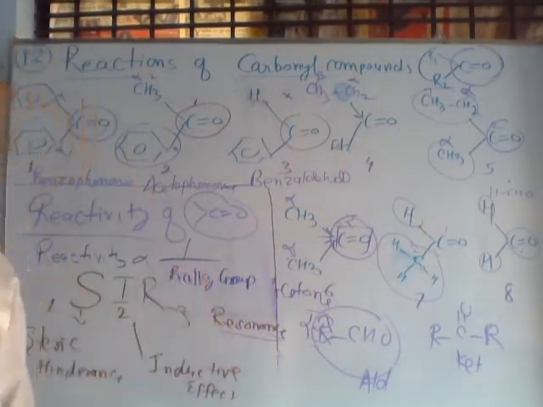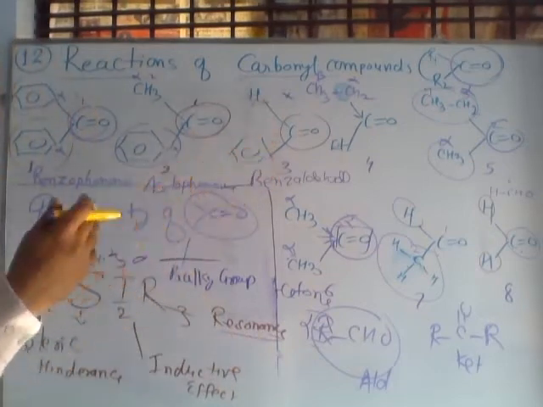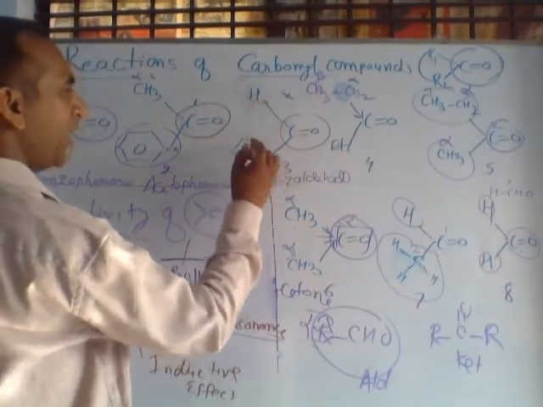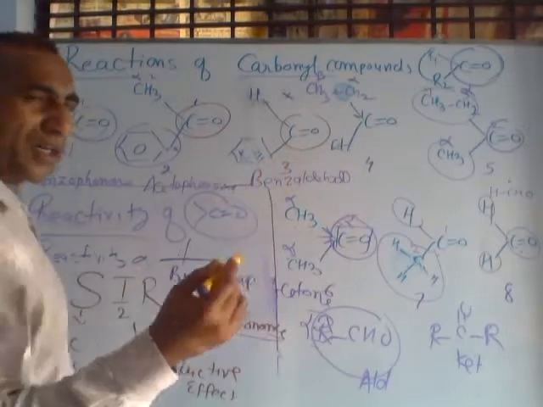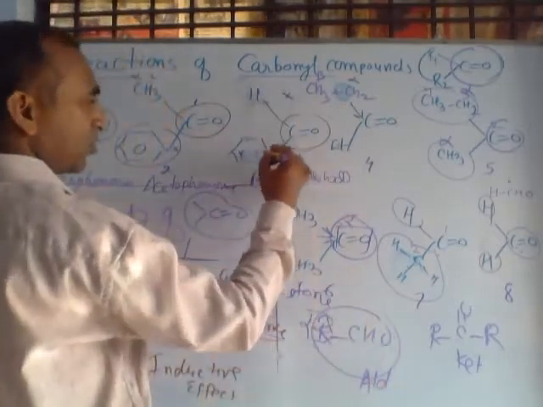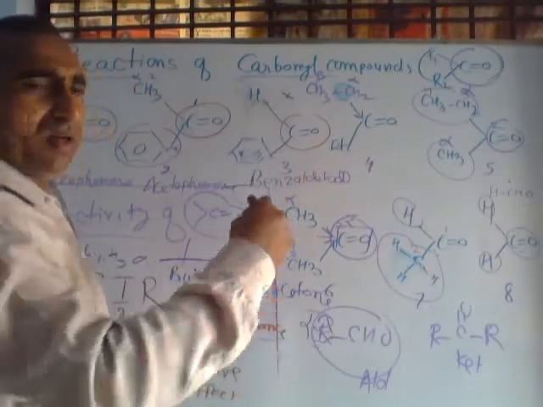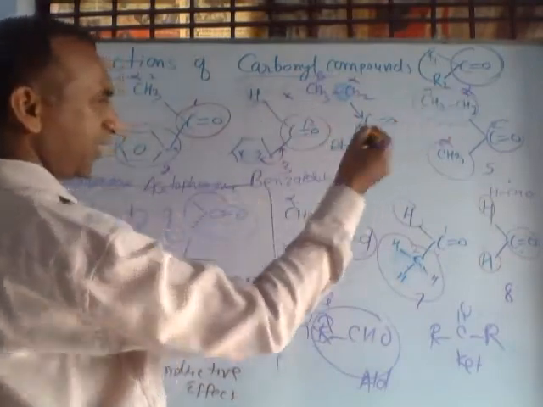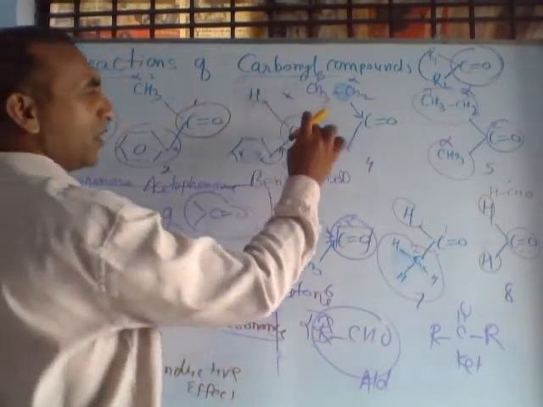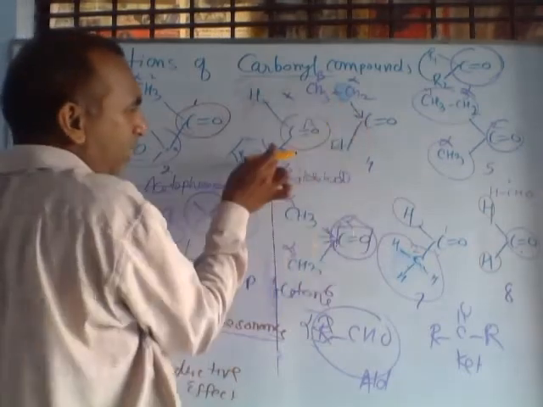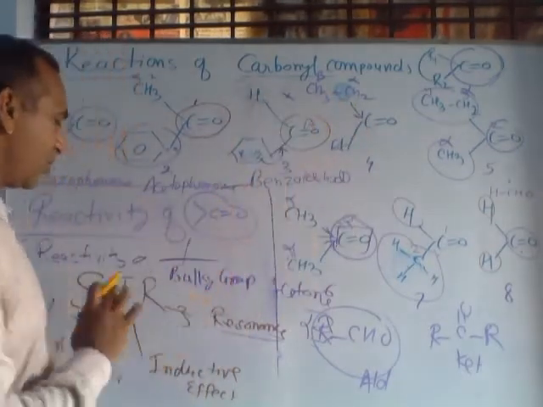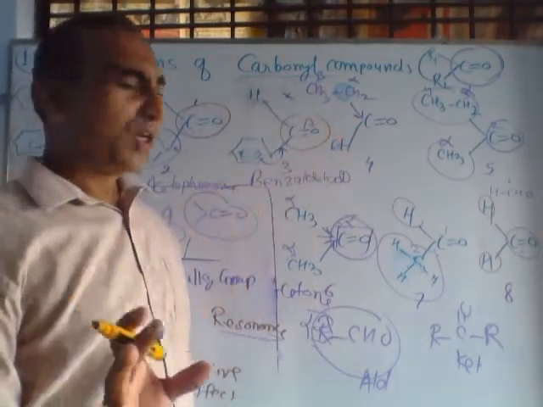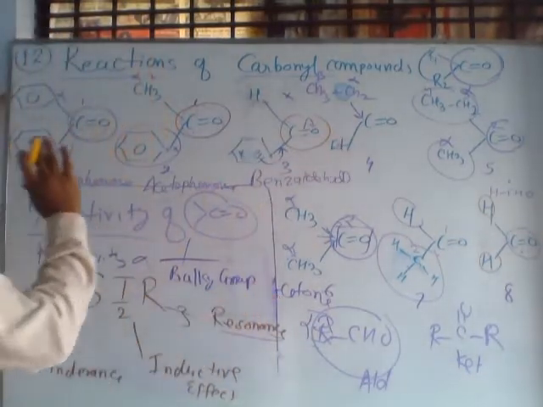And last is resonance. What happens? Resonance means delocalization of electrons in the benzene ring. Suppose this compound is benzaldehyde, which has alternate double and single bonds, and due to this, electrons are transferred onto the C double bond O, here and here. After the second step, all the electrons go onto this group and transfer from here to here. So due to resonance, reactivity also decreases. The polarity of this bond decreases. So due to three reasons, the reactivity order is this.